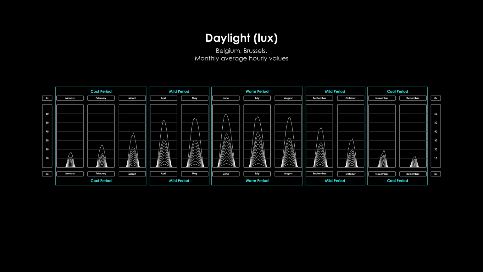This is a graph representing the diffuse average hourly values for each month. Now, understand that we need at least 5 kilolux in the environment in order to provide adequate lighting inside. If this is the benchmark, then in December and January we're going to achieve this about 5, maybe 6 hours a day, which I understand is a grim conclusion, but it is what it is. We should probably not strive to have our spaces be naturally daylit in these 2 months of the year, because the potential is just not there. And that takes us into our conclusions.